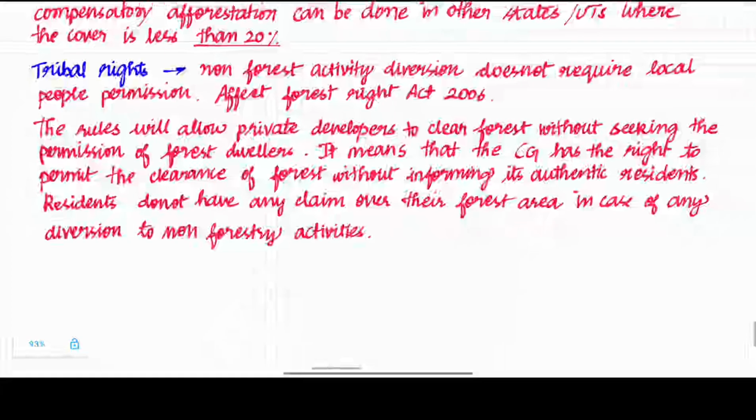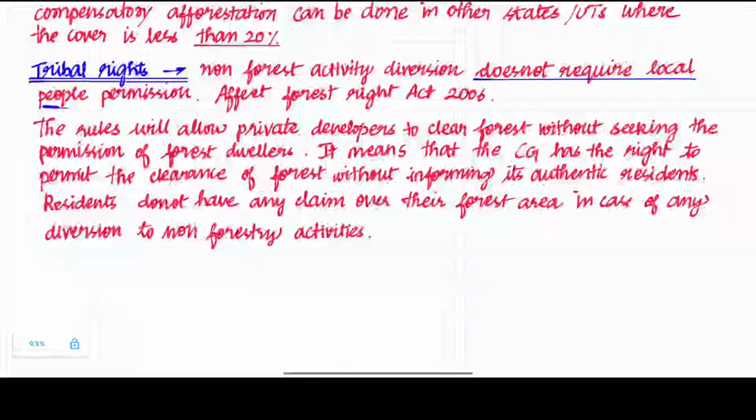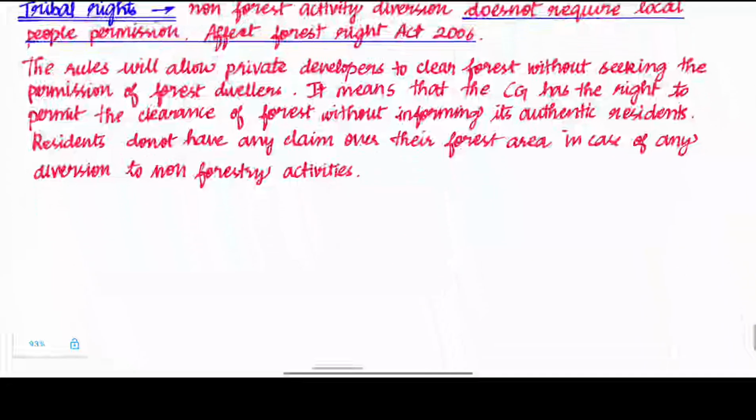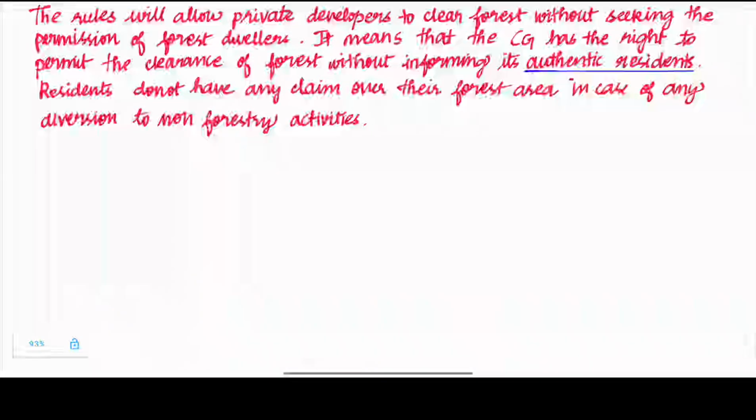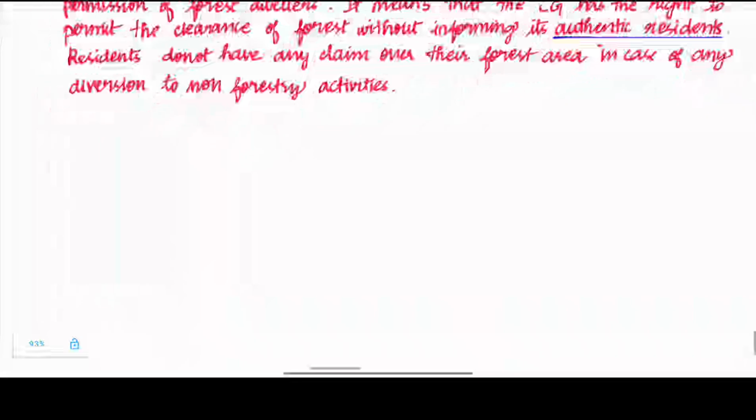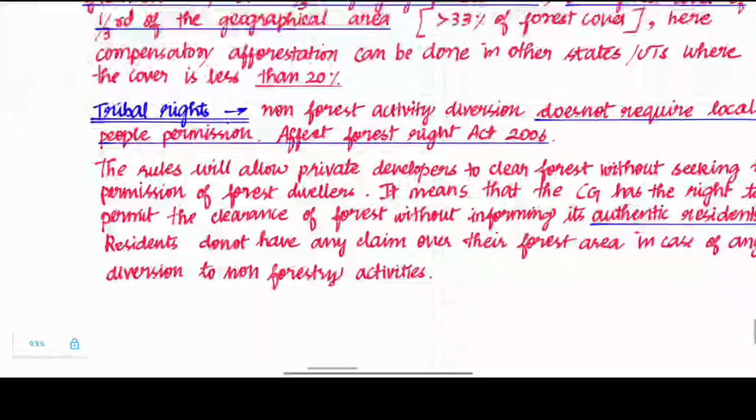So this is what we have related to compensation and tribal rights. It does not require the local people's permission. It affects the Forest Rights Act of 2006. The private developers can clear the forest without seeking the permission of the forest dwellers. It means that the central government has the right to permit the clearance of forest without informing its authentic residents, and residents do not have any claim over the forest area in case of any diversion to non-forestry activities. The next thing we are going to deal with is the Wildlife Protection Act of